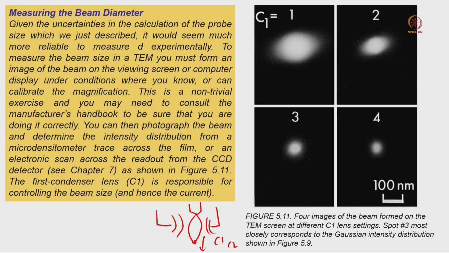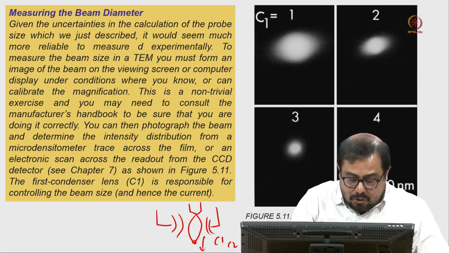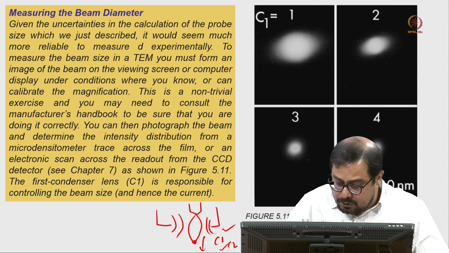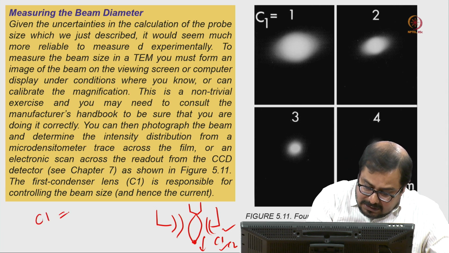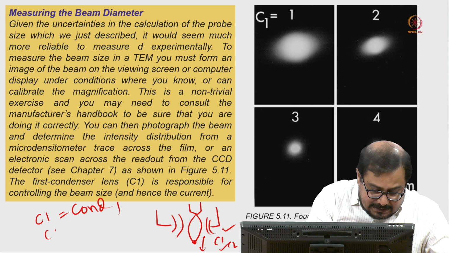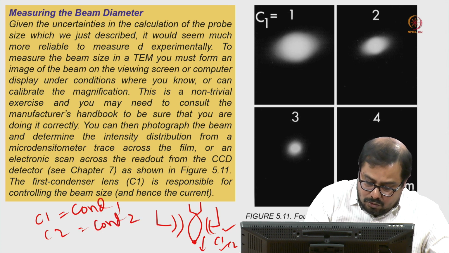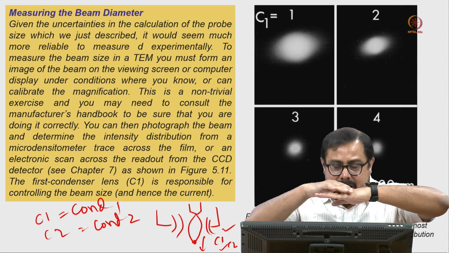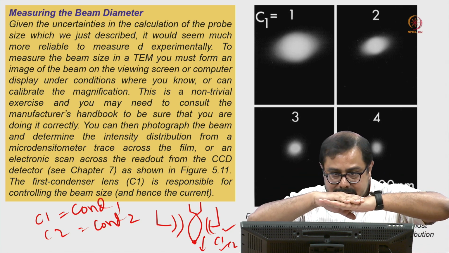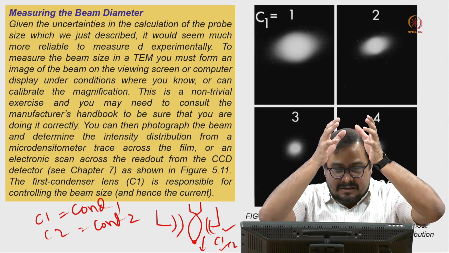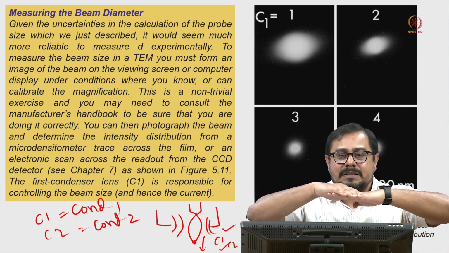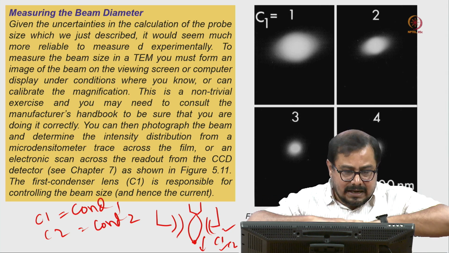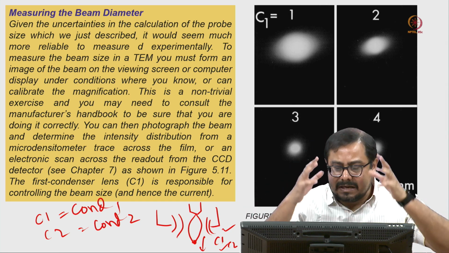In this particular case, how can we measure the beam diameter? This point source of electrons will go through your C1 lens and C2 lens. C1 lens, as I mentioned, is condenser lens 1, and C2 lens is condenser lens 2. So it will go through condenser lens 1 and condenser lens 2, and then it will give us an image on your sample, or if you don't have the sample, the same wave function can continue and give us an image on the screen. That is our first screen where we can measure the beam diameter.